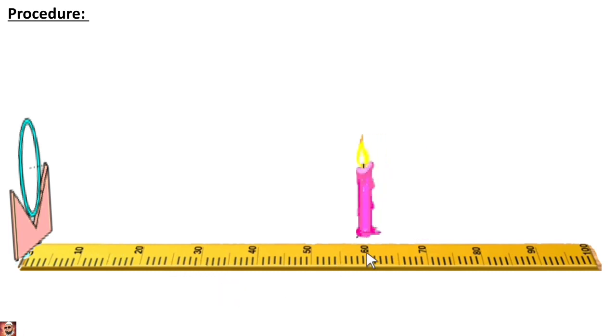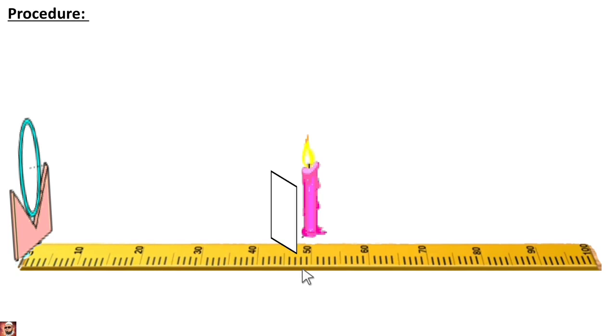Again you keep the object at 60 centimeter, that is, the object distance is 60 centimeter. Take a screen and adjust it. When you adjust, you will get the image on the screen, that is a sharp image, and again you will see that the image is diminished and inverted. Now the object is kept at 50 centimeter; adjust the screen and you will get the image on the screen. Measure the image distance, and here also you will get the image. The nature of the image is inverted, real and diminished.